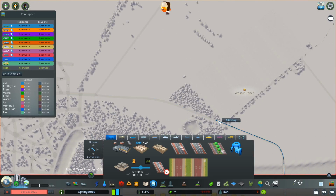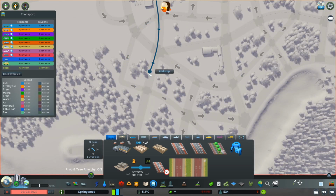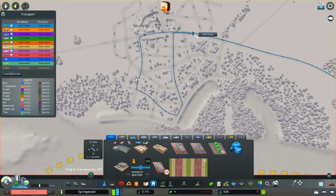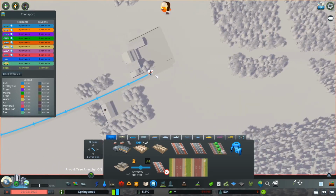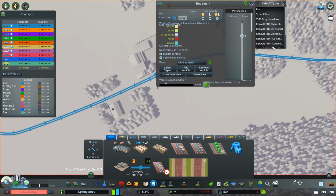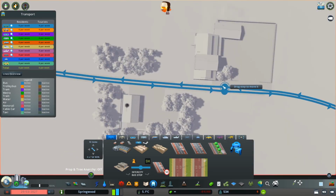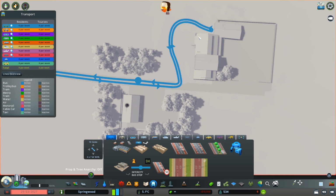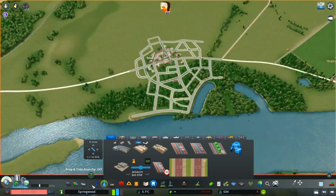You can stop near the ranch over here, the fields. In here, in here, in here, and then over here. Sure, that sounds fine. Let's go over here and over here and horses. 14 will be sufficient, I think. I can also move the stop over here, remove this one, and then have them turn around this little track. I think that's fine. And then the next thing to do is